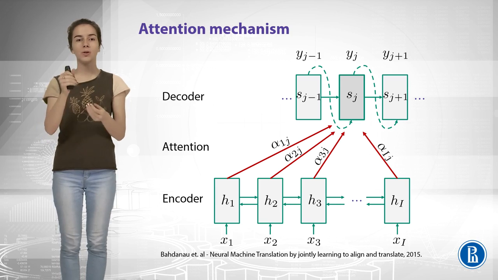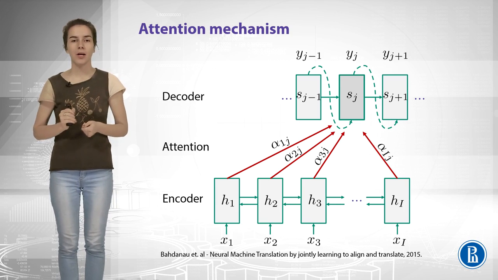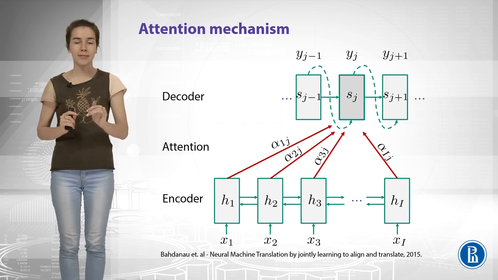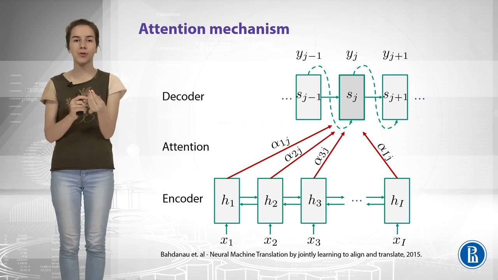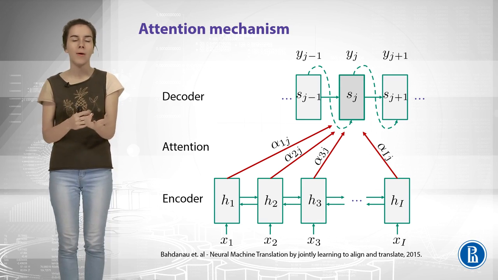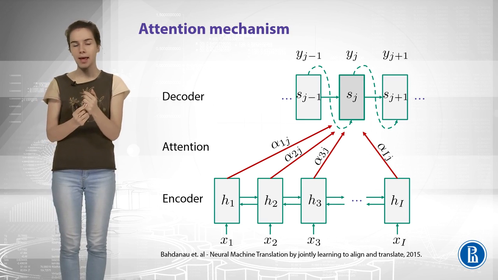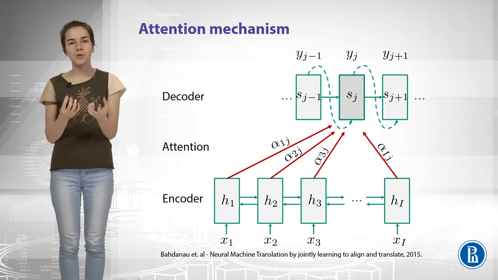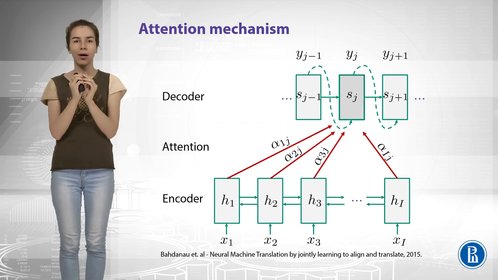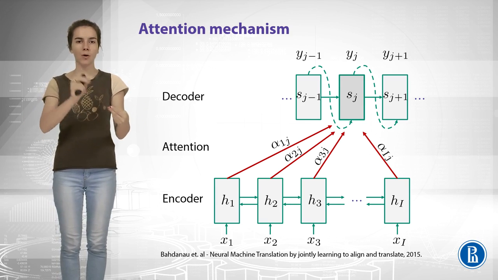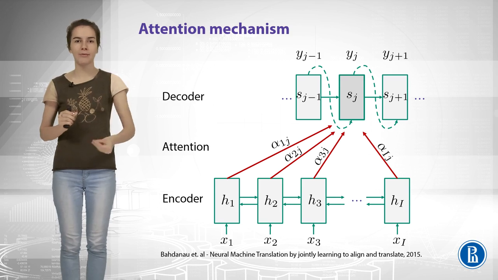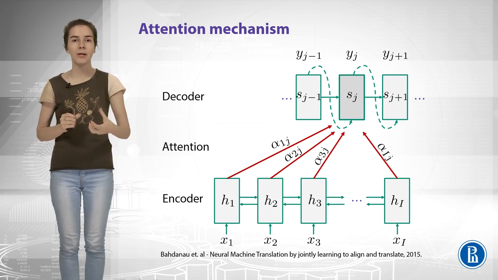We can look into all states of the encoder with some weights. So these alphas denote some weights that will say us whether it is important to look there or here. How can we compute these alphas? Well, we want them to be probabilities, and also we want them to capture some similarity between our current moment in the decoder and different moments in the encoder. This way, we'll look into most similar places, and they will give us the most important information to go next